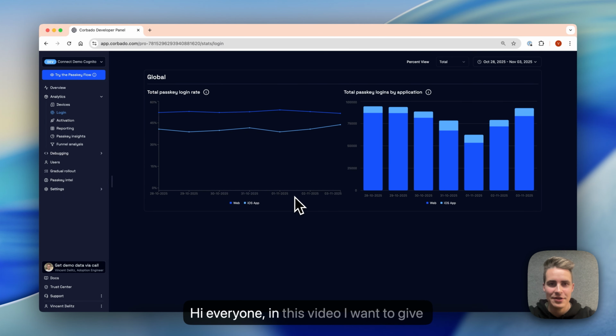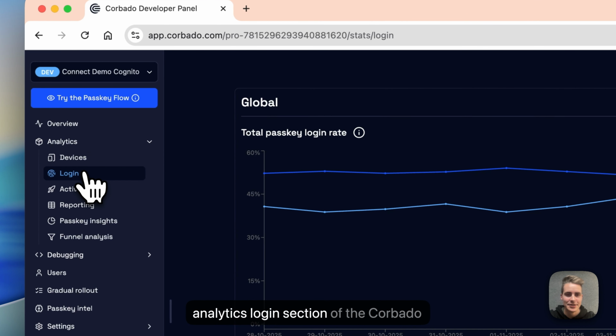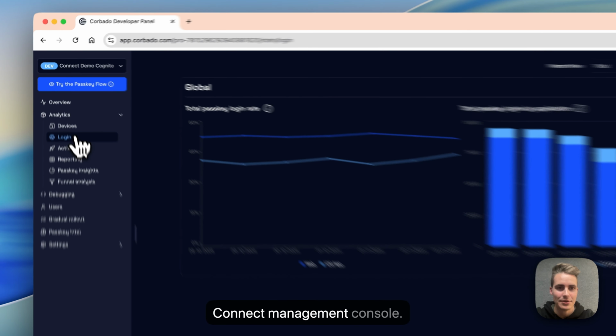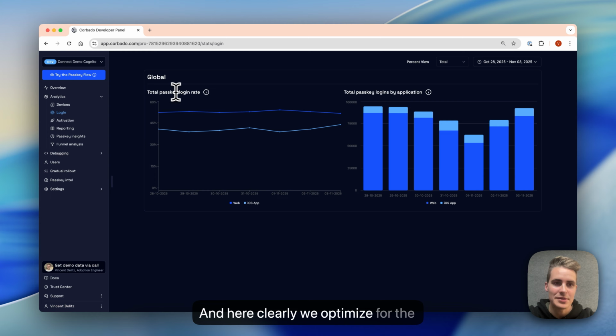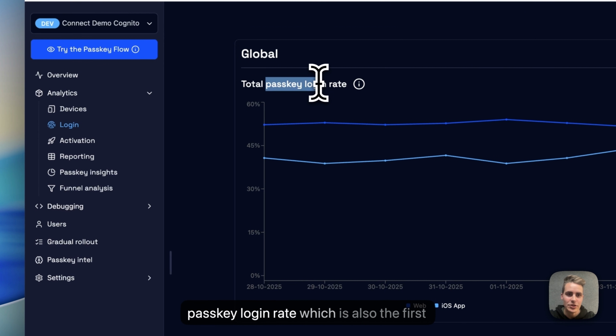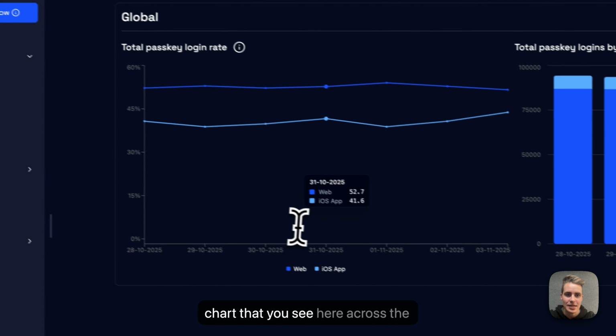Hi everyone, in this video I want to give you some more insights into the analytics login section of the Corbado Connect Management Console. At Corbado we constantly try to optimize 3 core KPIs for Passkey adoption. It's about increasing the Passkey activation rate, increasing the Passkey login rate, and then also decreasing the Passkey error rate. And here clearly we optimize for the Passkey login rate, which is also the first chart that you see here